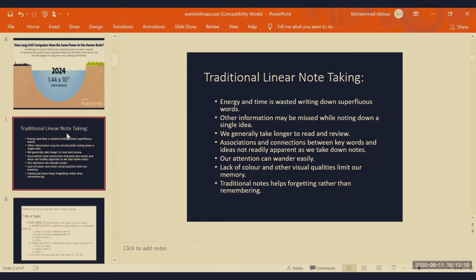Traditional notes actually help forgetting rather than remembering. What do I mean by that? Now, if you look at two or three pages of a book, you do not remember every single word. You might remember some of the ideas. If you look at a television screen or a picture, generally you will remember the key elements within that picture or a video or a film. This is also how the brain works. It goes for the main points of a film or picture